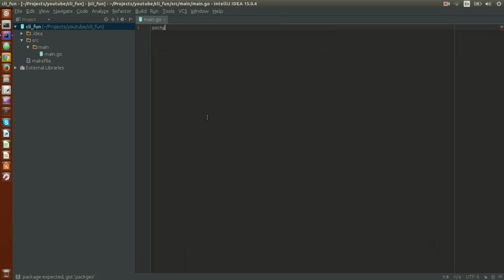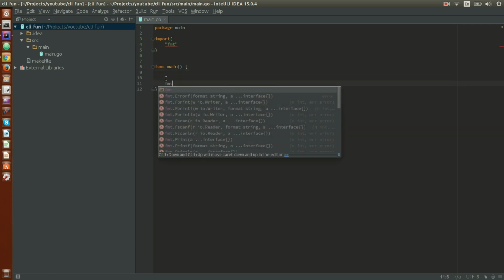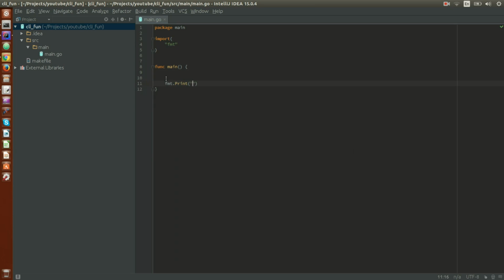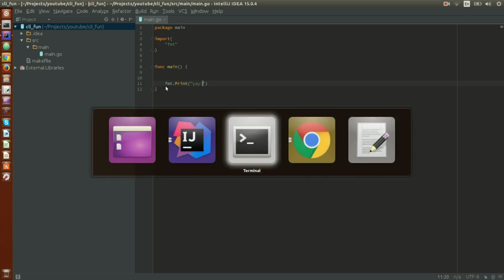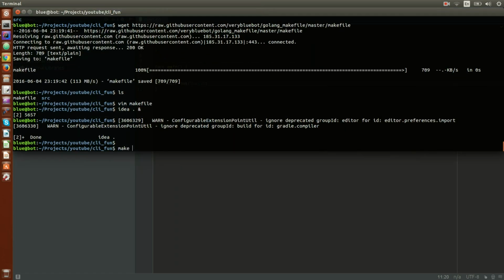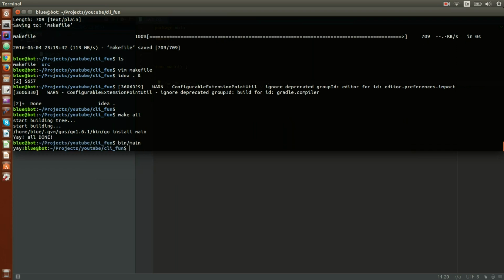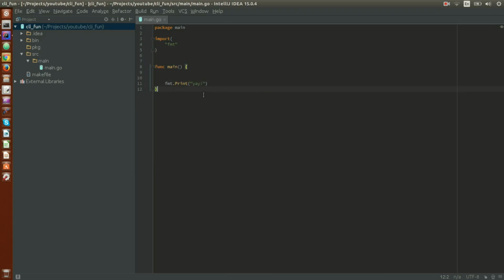Now let's start basic package. Let's start by importing fmt library, just so we can see that everything is working. Super. Now